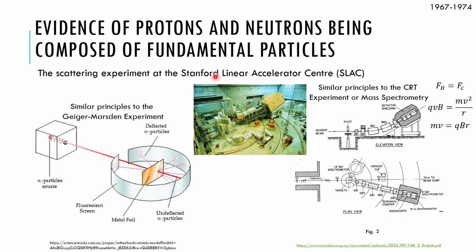The SLAC experiment worked quite similarly. However, scientists who worked on the project were not able to observe the deflection based on fluorescence on a screen. Instead, they had to guide particles towards a detector and essentially analyze each part of the scattering pattern individually. This again was achieved by rotating the detector in the room. For particles which were scattered in the experiment, scientists wanted to be able to determine the momentum of the particle.